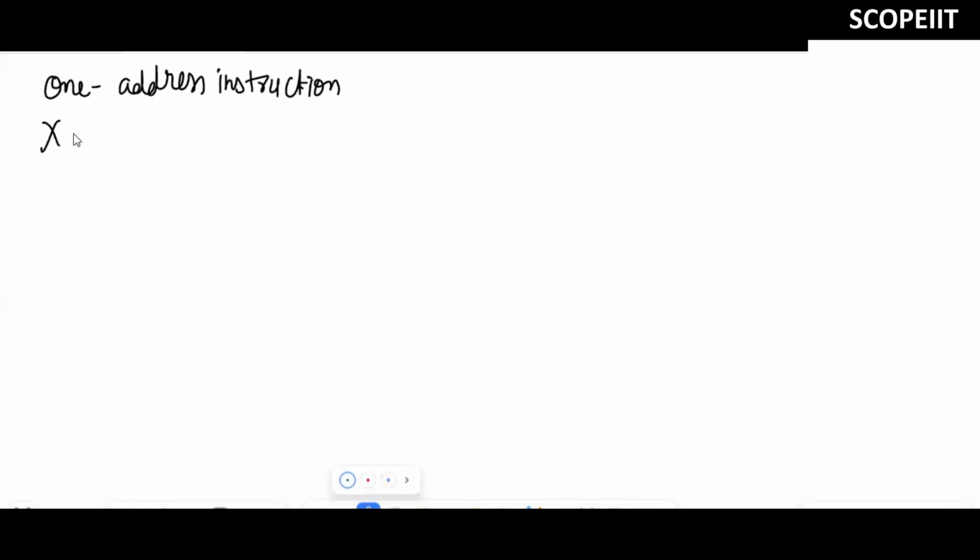I'll also write it here: A plus B multiplied by C plus D. Now see here, there can be only one address, and we need to use the accumulator as I explained to you.